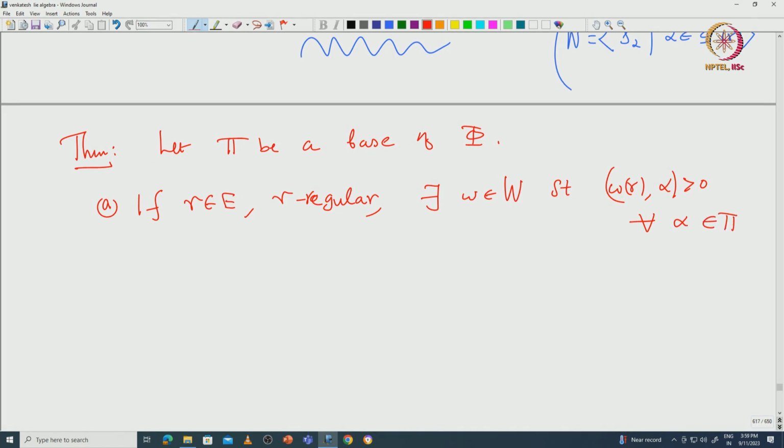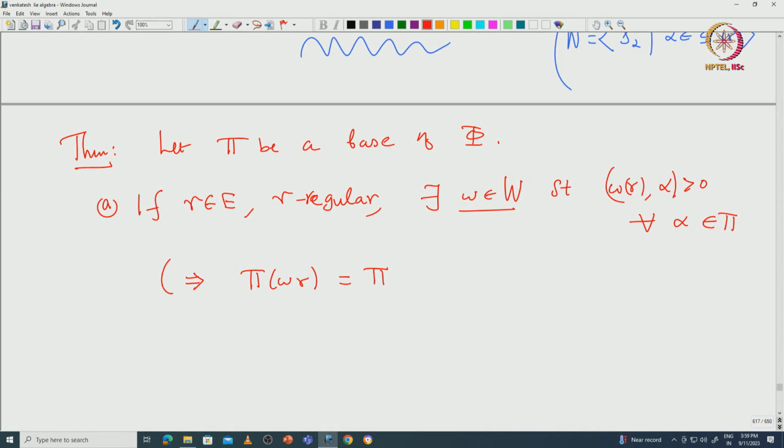So this W is fixed. Let us call W gamma, gamma dash. Then the inner product of gamma dash with alpha is positive for alpha in pi. This implies immediately that pi of W gamma is nothing but just pi, because